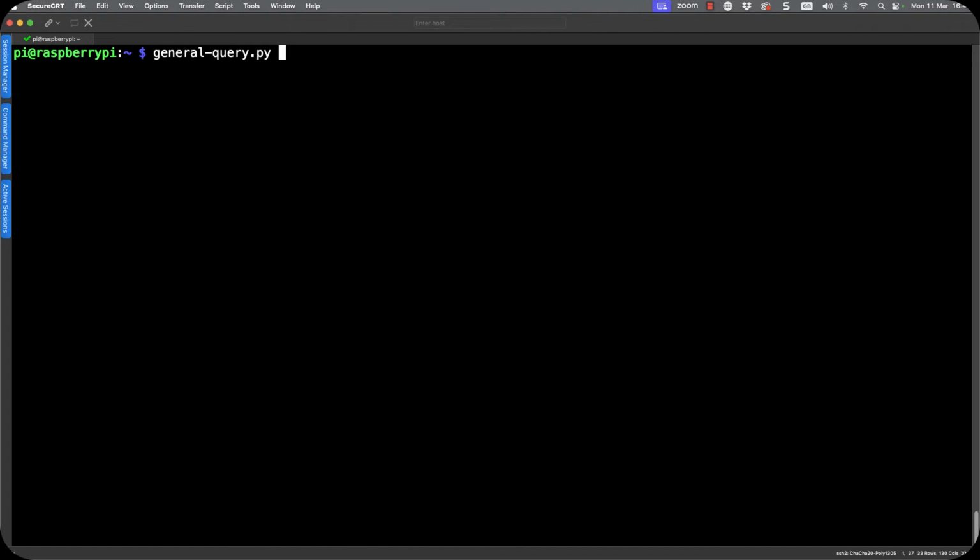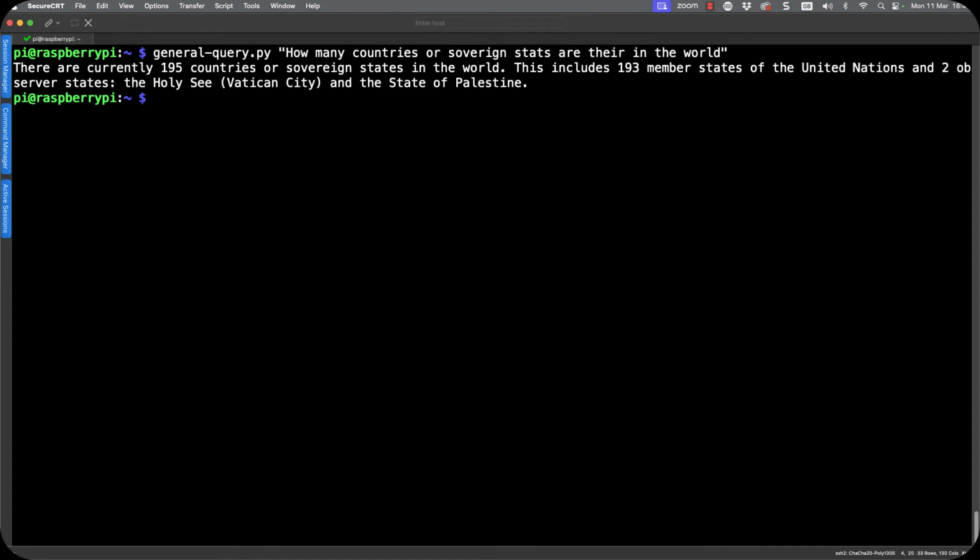So as I go through and run my query, using double quotes, we can encapsulate our argument so it's read as a single argument, whereas if we didn't put in the quotes, it would be read as many arguments, and we can ask it anything we want. So how many countries or sovereign states are there in the world? Now, just like ChatGPT, the application, the back-end large language models are unlikely to particularly care about spelling mistakes, so long as it doesn't really change the meaning.